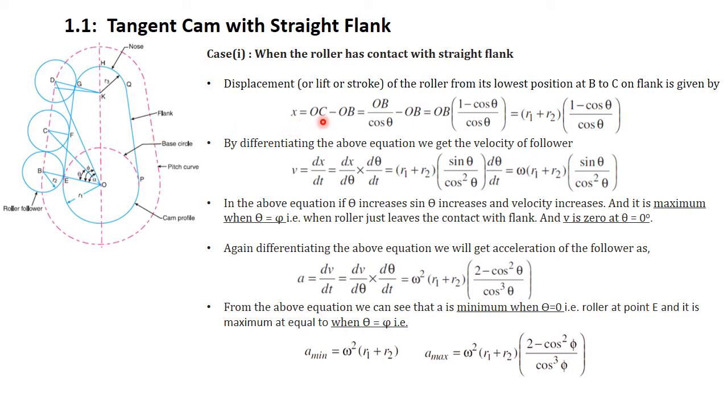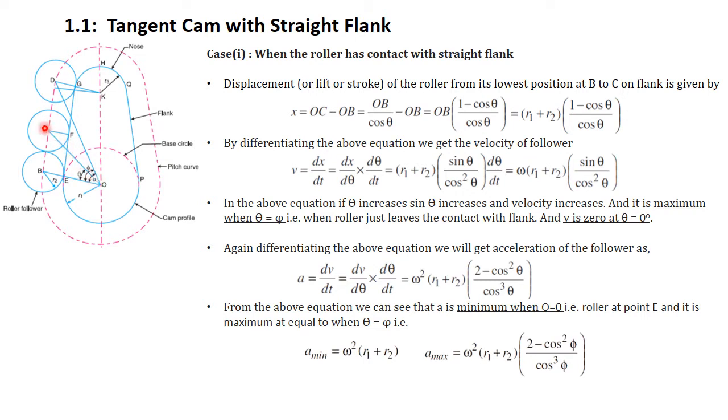Therefore if we say x is the displacement, then displacement x is equal to OC minus OB. Now OC, in this triangle, now if we see this triangle, that is BOC, this is a right angle triangle here, and theta is the angle measured at this corner,